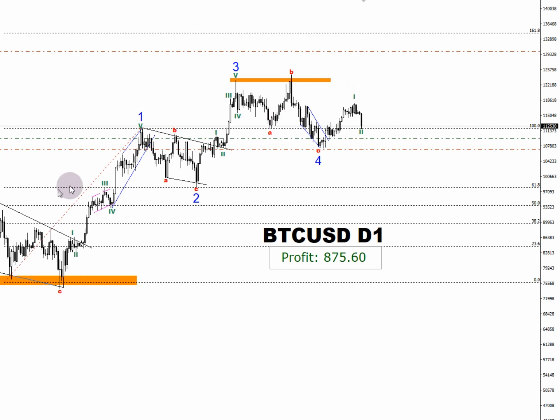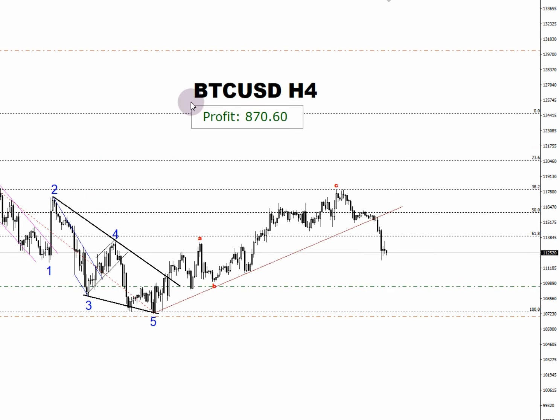I don't see any significant point in selling here. I simply don't identify any setups that would justify a sale. On the 4-hour time frame chart for Bitcoin, we observed 5 distinct waves moving downward, followed by a corrective ABC pattern. In this ABC correction, we can also clearly identify and draw the first, second, third, fourth, and fifth waves for better analysis and understanding.